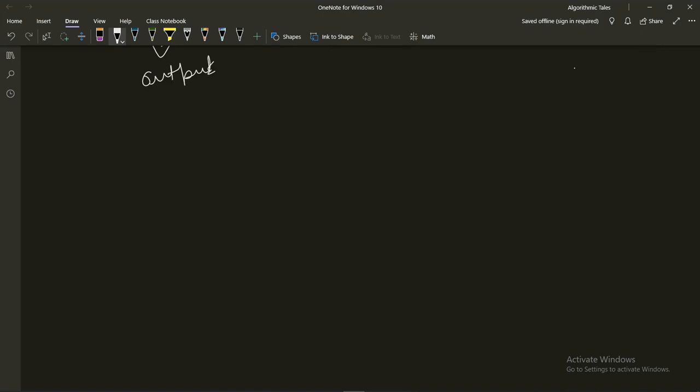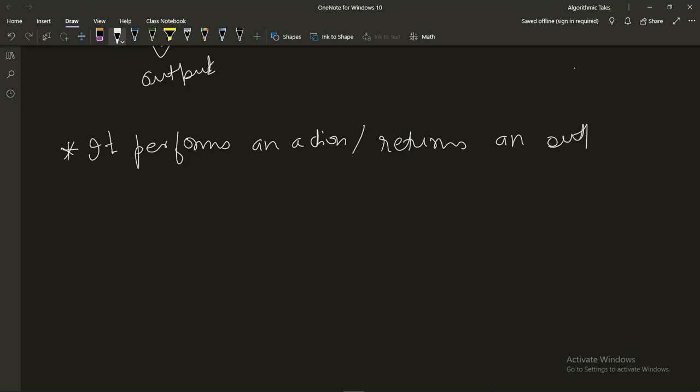Right. It's not necessary that a function will always give you an output. It is possible that it may not give you an output, but it's going to perform some action for you. It is also possible that it performs an action, or it returns an output. Both of these things are possible. The famous function that we've used so far is the print function. So this print function is an inbuilt function in Python, and we simply give